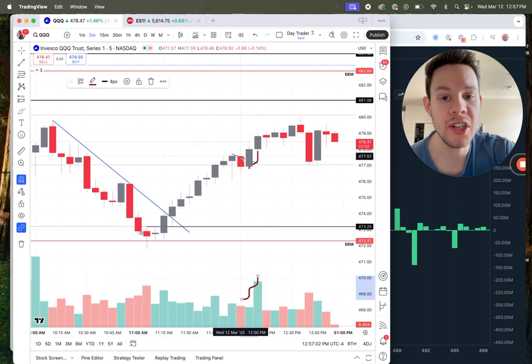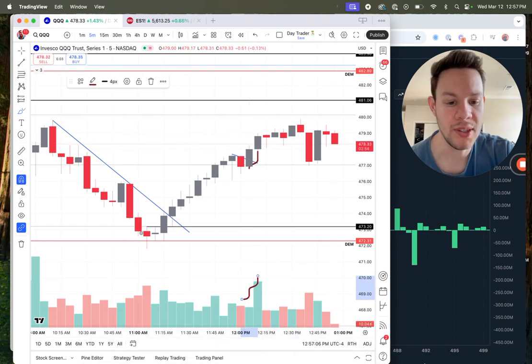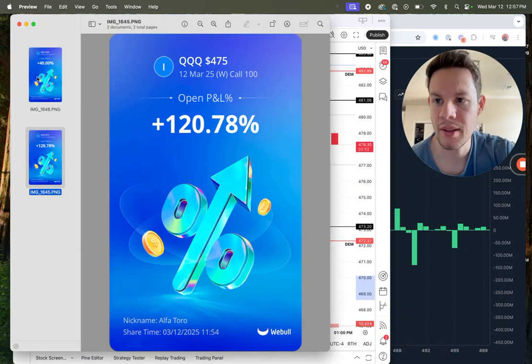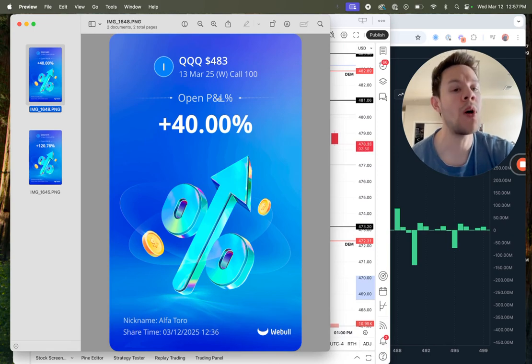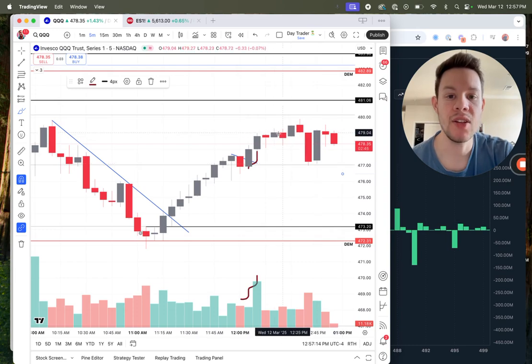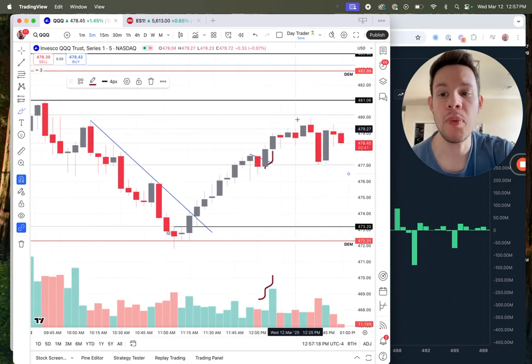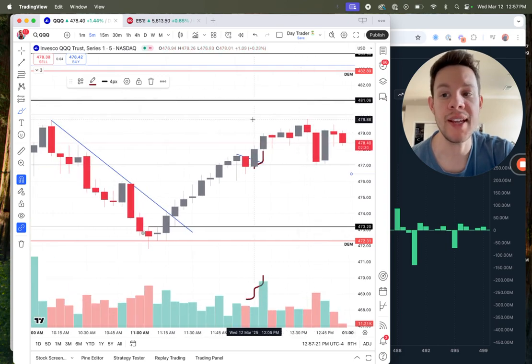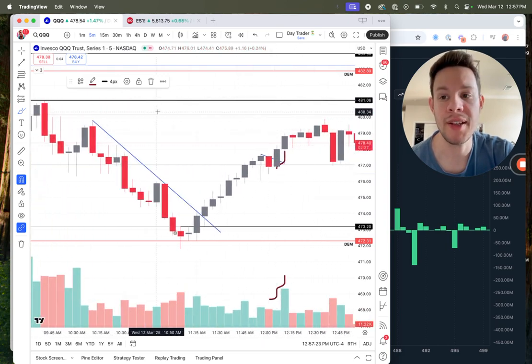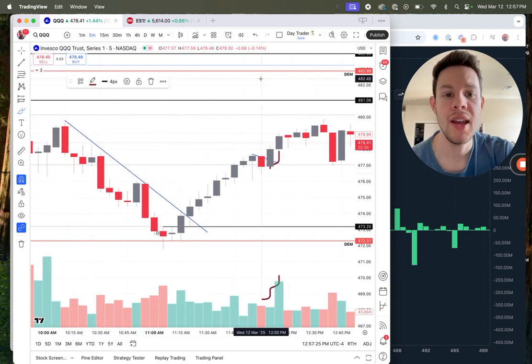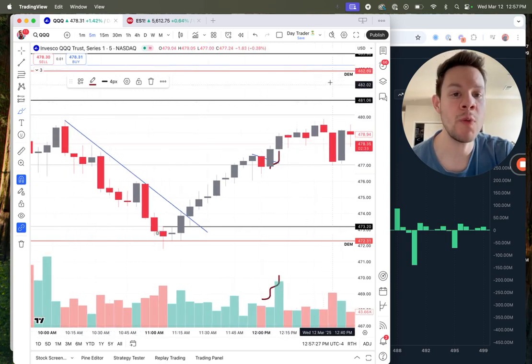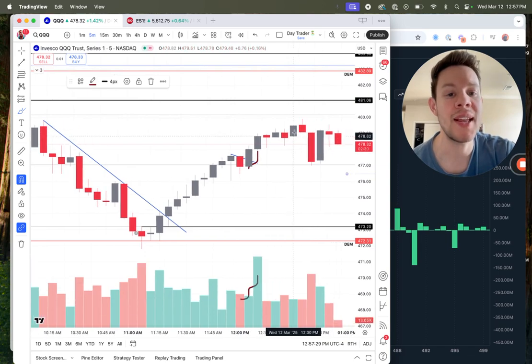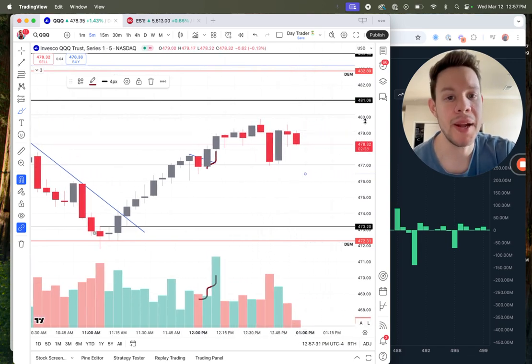Okay, this is where I took my next entry for my calls, which was this 483, but I took one DTE out to give me some sort of buffer. And you can see here that price went up close to 479. At this point, what I'm aiming for is either this 481 area, because that's where we rejected pretty hard, or between 481 and 482,